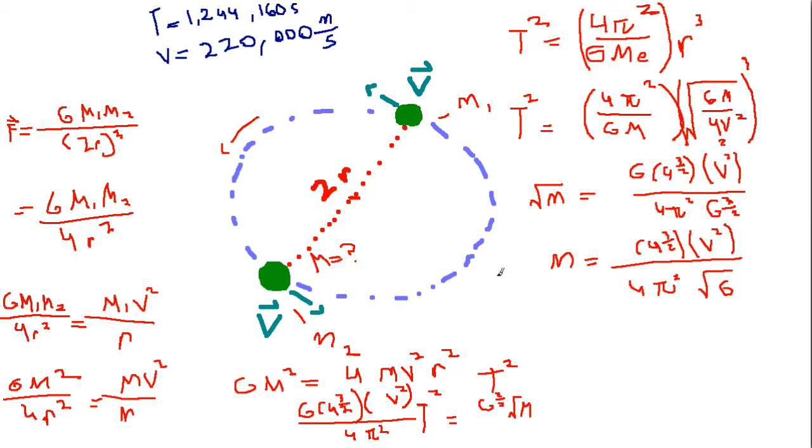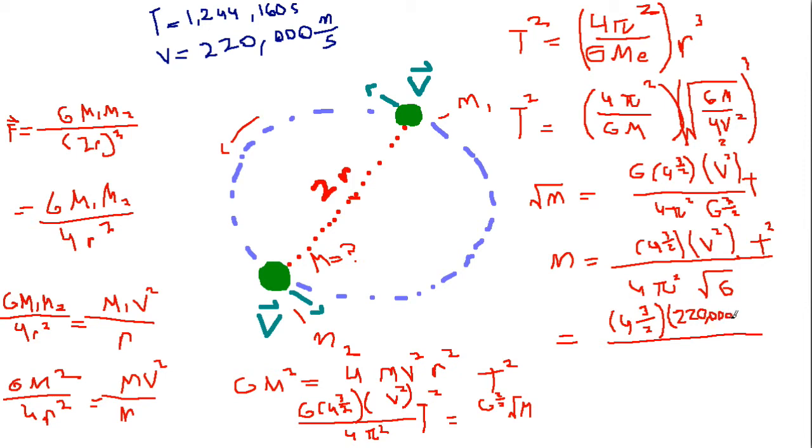So anyway, what ends up happening is that we have the equation m equal to 4 to the 3/2 times v squared times the period squared over 4 pi squared and the square root of G. Now that we have converted the constants to SI units, m is equal to 4 to the 3/2 times